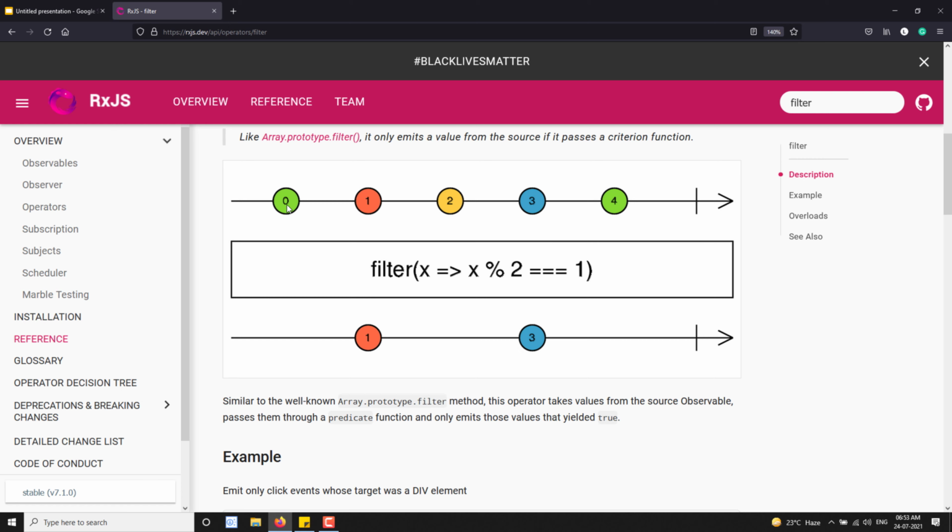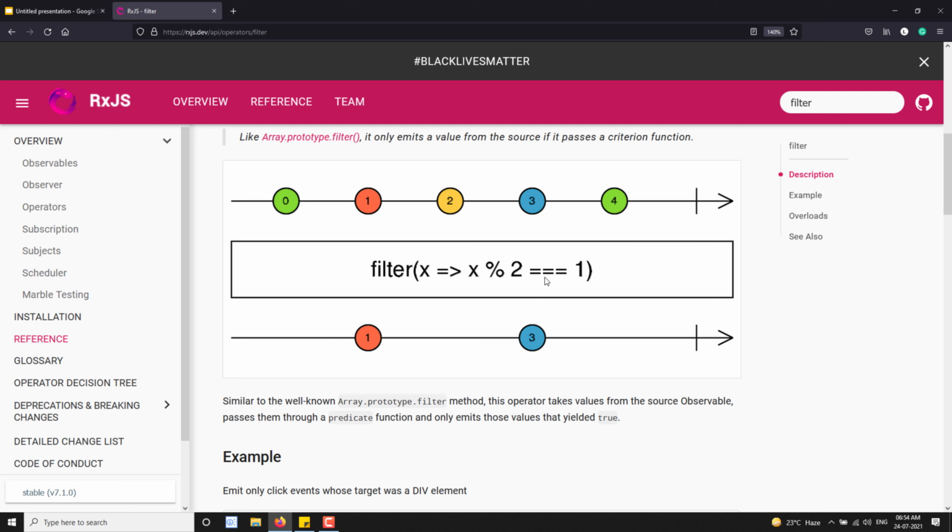See, each value from the source observable is going through the filter operator, and you are returning an observable. Now let's try to see in the filter operator what this one is. So x is nothing but, now x mod 2 is equal to 1. That means the filter is filtering only the odd values. Okay, when it is 1, it will be odd values only. So now 0 is going into this filter, it is checking whether 0 mod 2 is equal to 1 or not. It is not. So that is the reason it is not sending it to the output observable.